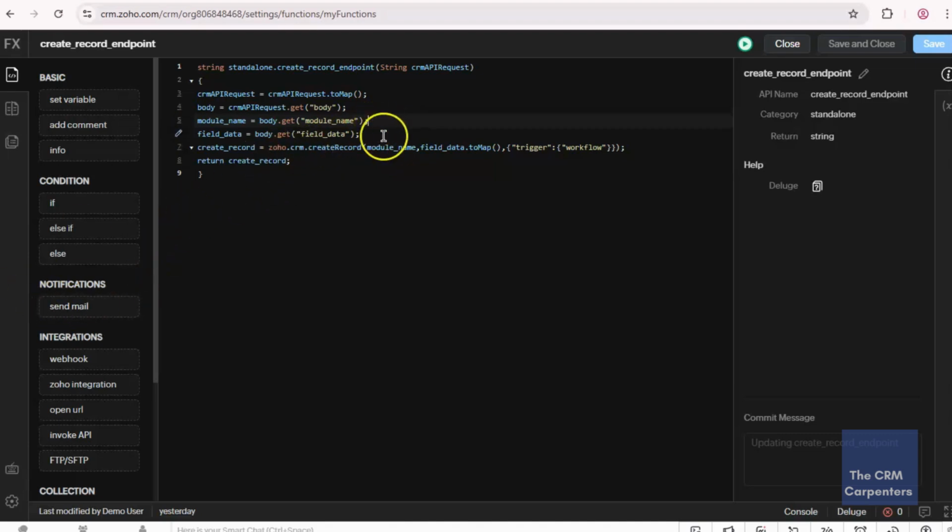And this body that get field data, or the field data variable, extracts the actual field values to populate the new record with the corresponding data, for example, name, email, phone, etc. And this will be the core action. This creates a new record in the specified module using the provided field data.